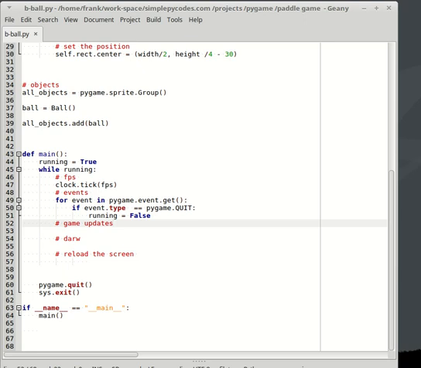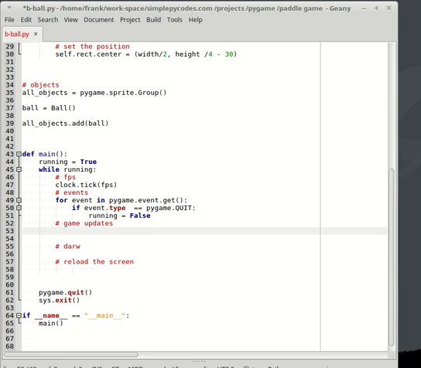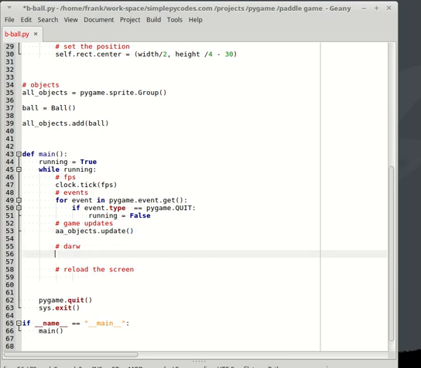If you remember in last video, I said in our main game loop we need to take care of game updates, drawing and reloading the screen. And here, because of our container, which is sprite group, we just simply say in our game updates all_objects.update, and after in drawing section we say